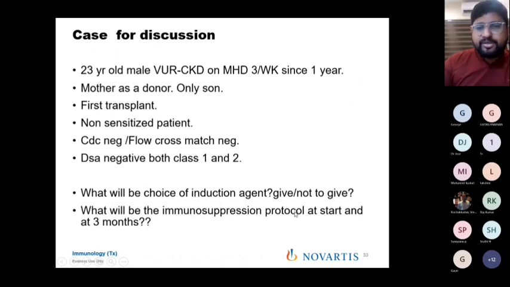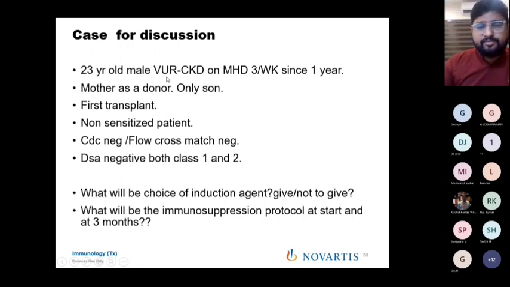Before leaving this for discussion, I just want to put a very simple case open for discussion, because in most of the other significant patients where there are a lot of problems, like second transplant, we tend to use more drugs. Where not to use? For that context, a simple case of a 23-year-old male